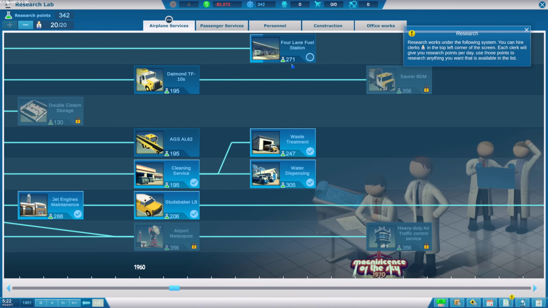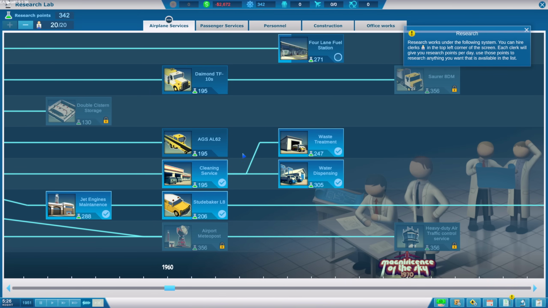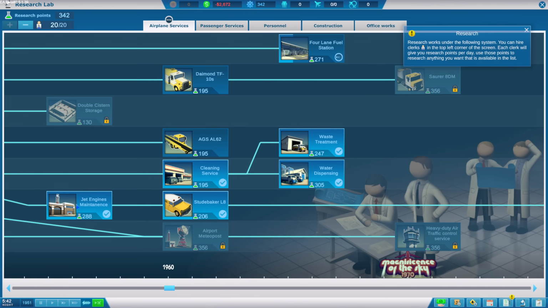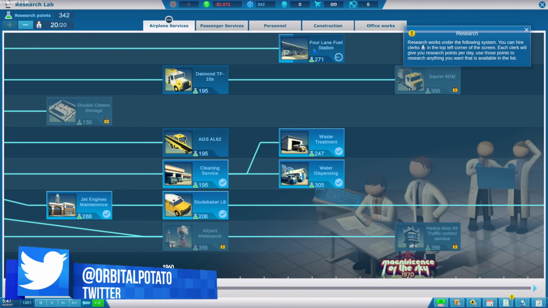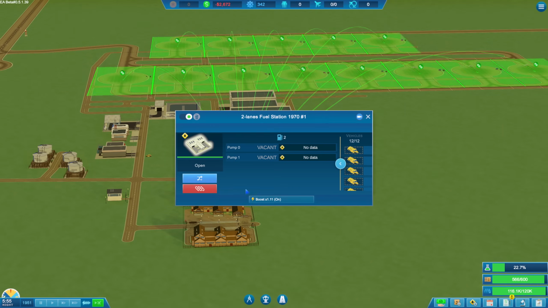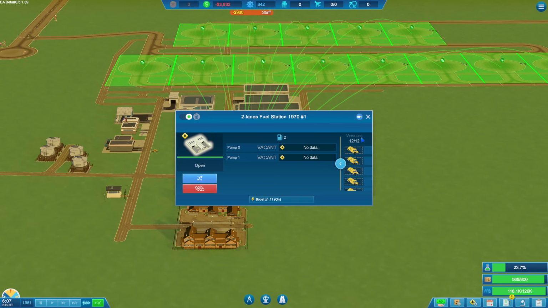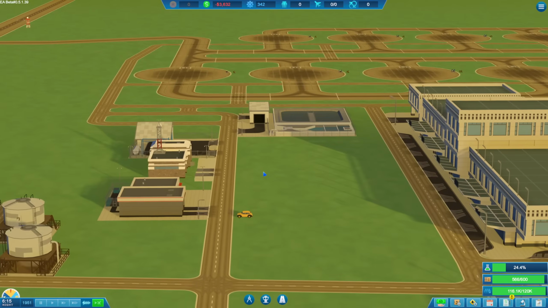Anyway, moving right along. Yeah, we completed a little bit of research. We completed the Studebaker L8, which I believe is a maintenance car. So we should be able to slot that into our jet engine maintenance facility. I've started work on the 4-lane fuel station up here. I don't necessarily know if we'll need it. We've got the 2-lane fuel station at the moment. It seems to be fine, but doubling up and getting a slightly better number of pumps available would certainly be